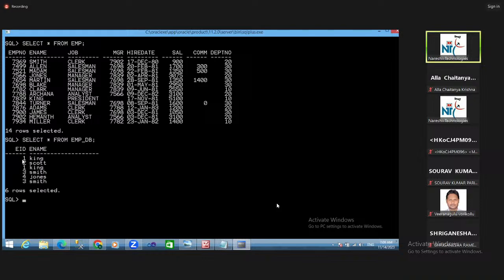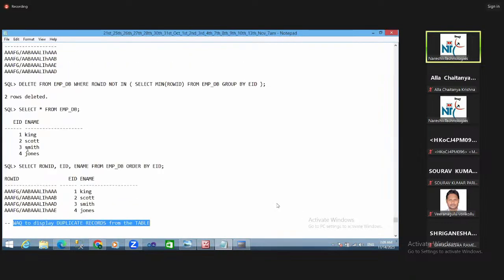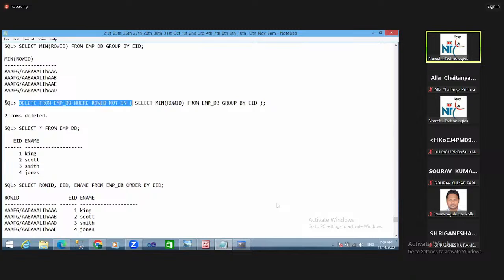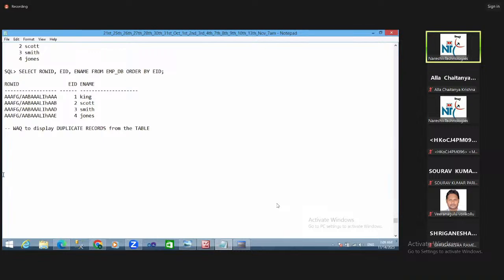This is a database table. Inside the table, we have two duplicate records. This one and this one. I want to display those records. See, guys, yesterday we were just deleting the records. Which records did you delete? Duplicate records are deleted. So instead of delete,